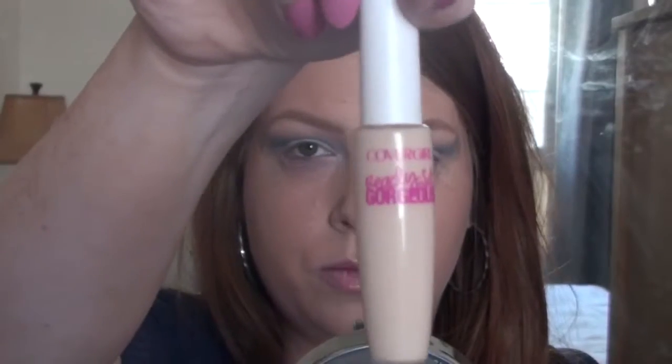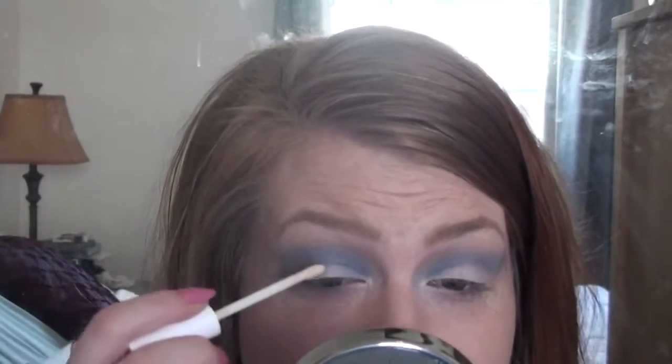Now I'm going to take my Covergirl Ready Set Gorgeous Concealer and a small concealer brush, and I'm going to use that to kind of cut the shape of the lid that I want. Because I have